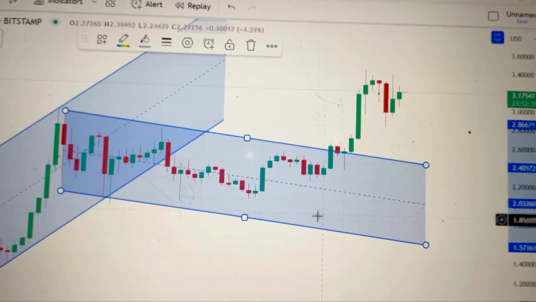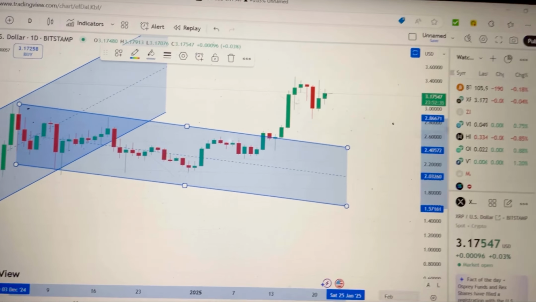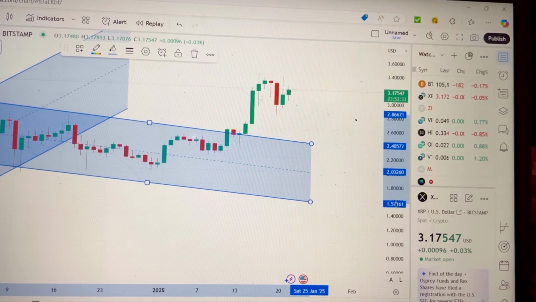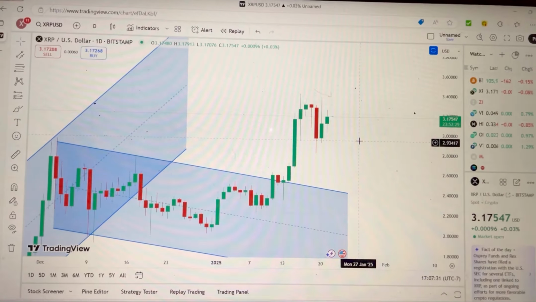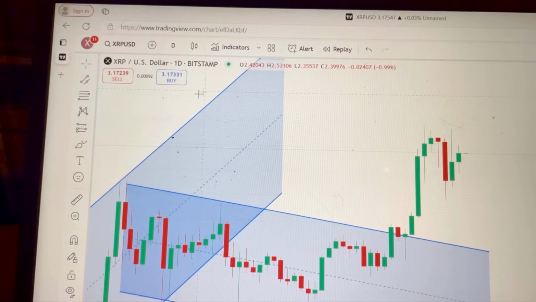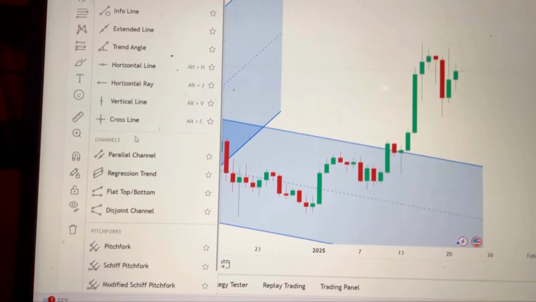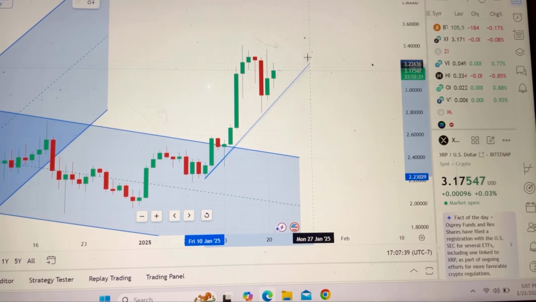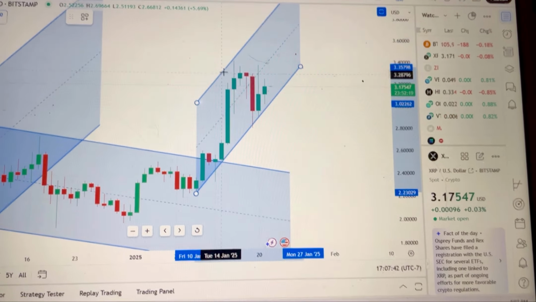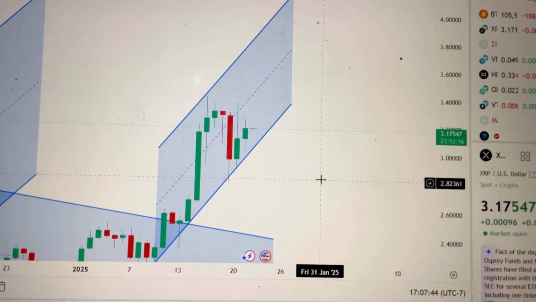Now let's see the uptrend. I'm scrolling my wheel back to extend it like this. I'm pushing this price bar up here to make it a little bit wider, and I clicked on it and I pulled it down. Let's see what kind of uptrend we're in now. Let's go right here. Go down the parallel channel. And then I'm going to draw it like this. Yeah, okay. We're in an uptrend.